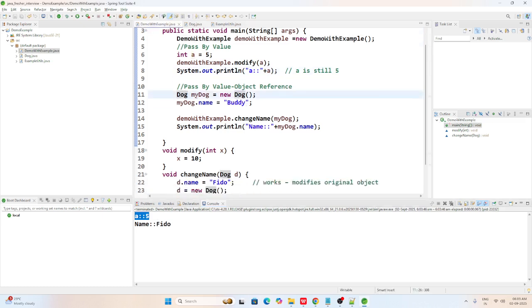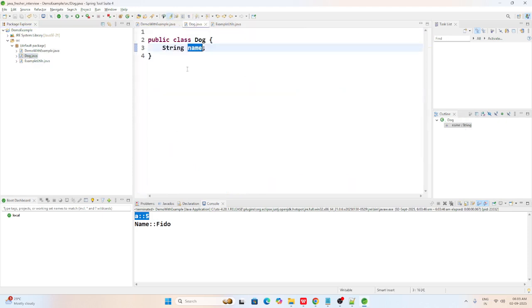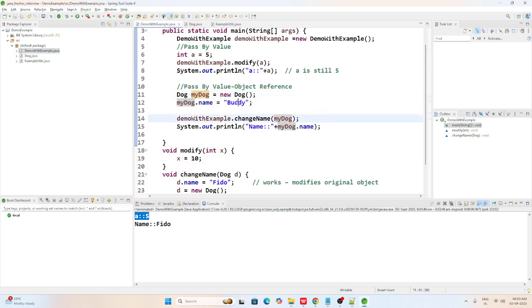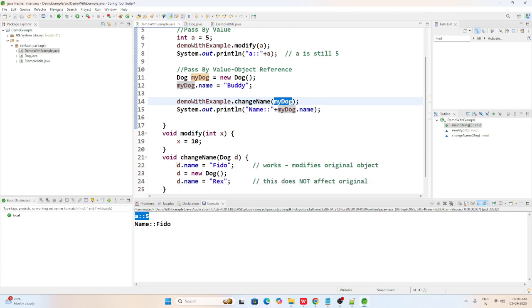In a similar way, in the case of objects, we have a Dog which has name as a property. Initially we set the name and pass the dog object as a reference. In Java we are not passing the object itself, rather we are passing a reference. So whenever we change the name, that will get reflected, but the moment the reference is pointed to a new object with some new name, it has no impact on the initial value.